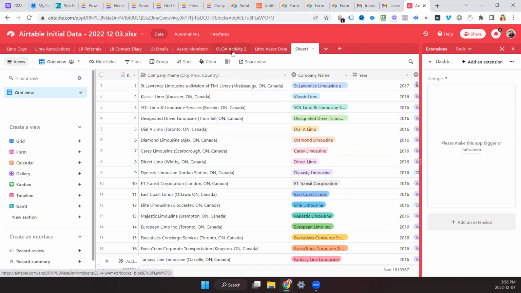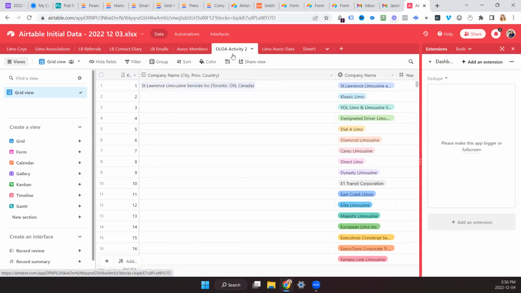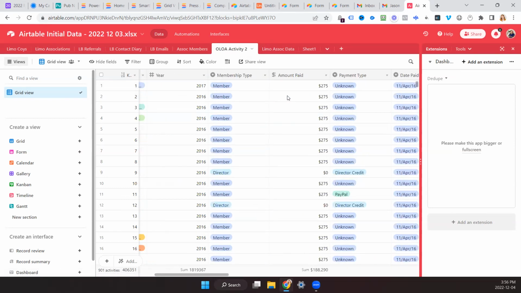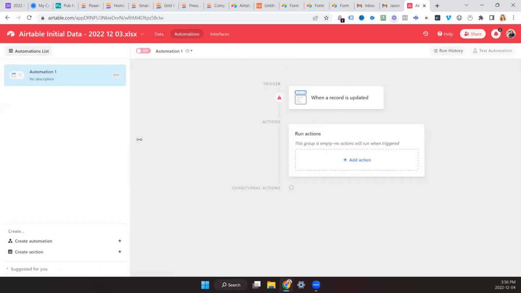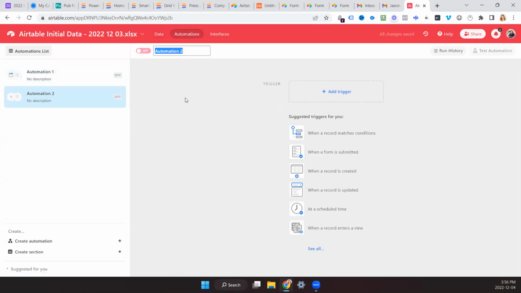Okay, so we have OLA. Yeah, Ontario Limousine Association is what it is. Okay, so what we need to do is set up an automation in here. I'm going to create a new one.